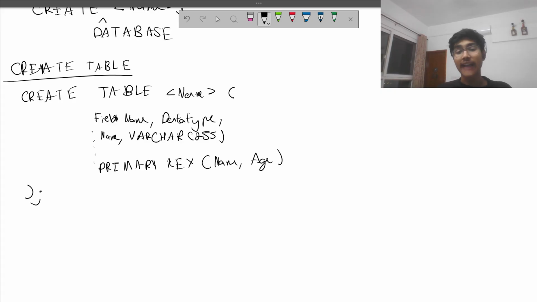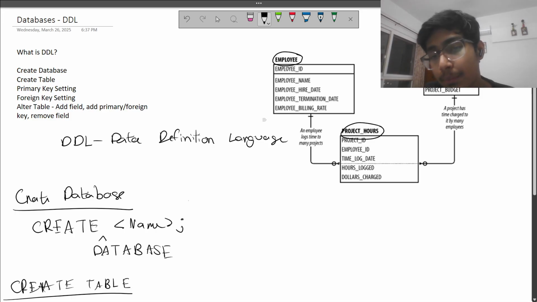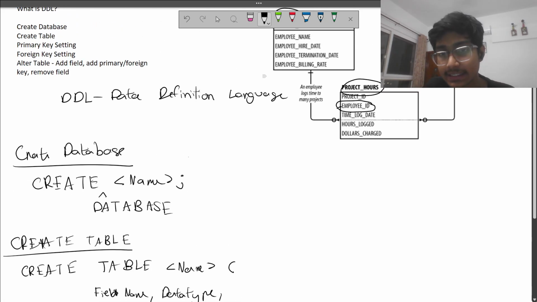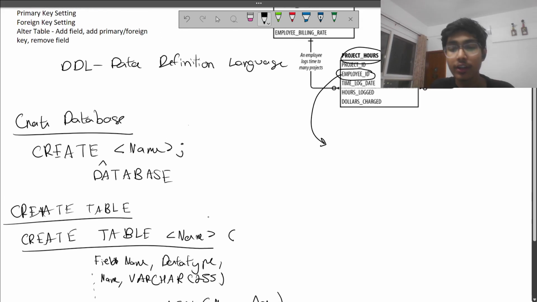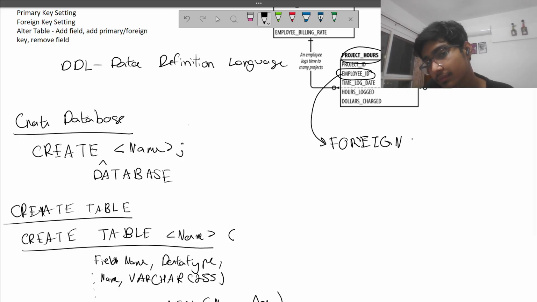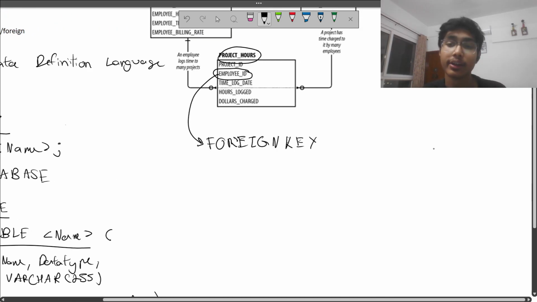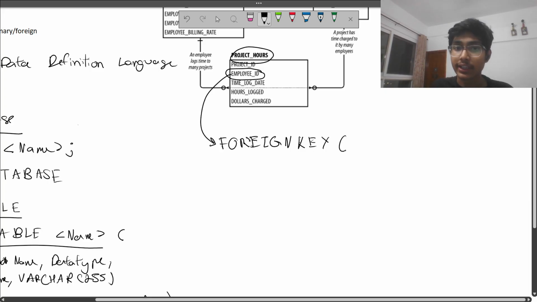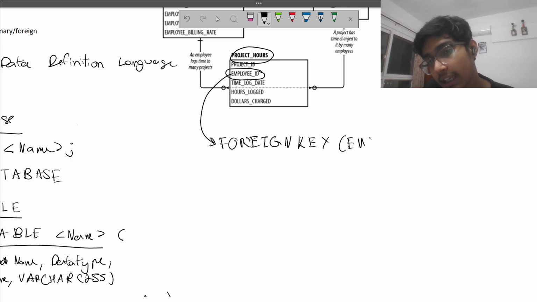Next, the more challenging one would be initializing a foreign key. So if we take the example over here, employee ID is a foreign key for project hours. So how could you create this? While you're initializing this project hours table, like we did over here, what you can do is foreign key, and again you can put a space or not, does not make a difference. Then we need to put brackets, so we need to choose the field name. So in our case will be employee